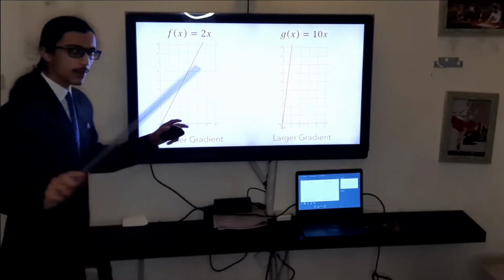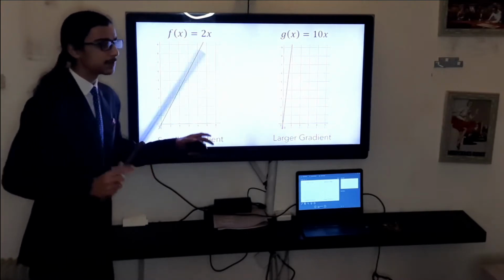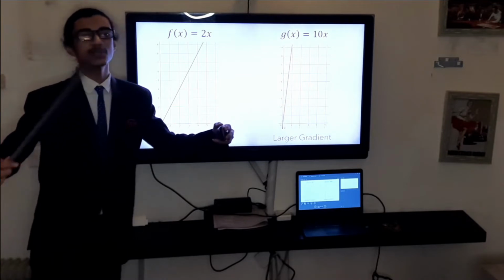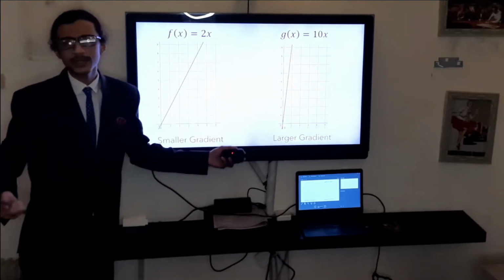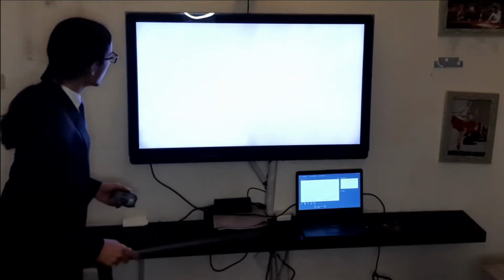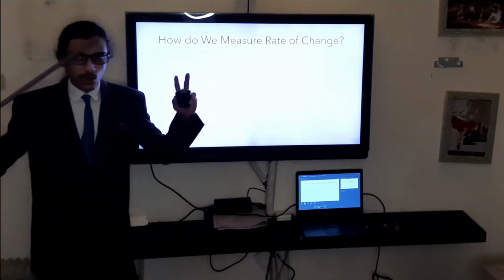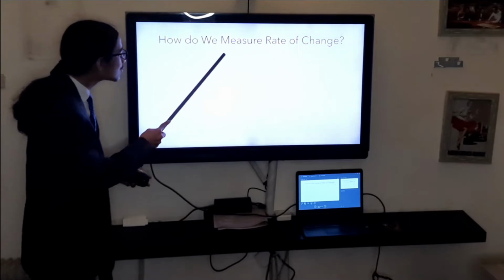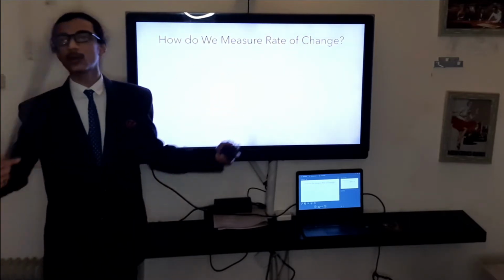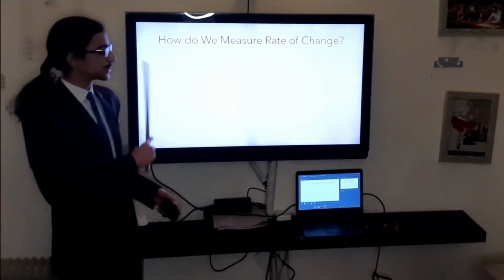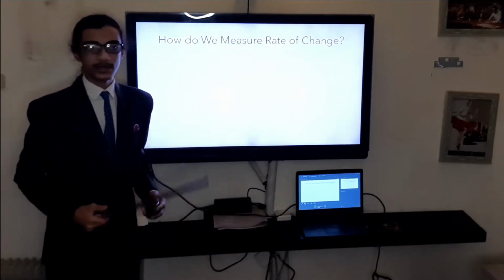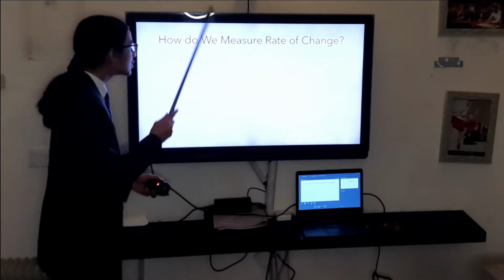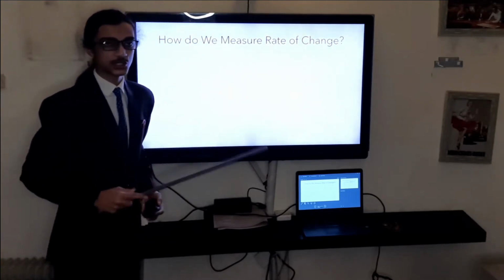So the reason I was going through this example was to get an understanding of what rate of change might be. It's the rate at which the function is changing. In this case, growing, but it could be decreasing, we don't know. So now we've got this idea of rate of change. It's a measure of how fast the function changes, but how can we actually measure it, right? Sure, I've been talking in the air that this one's growing faster than this, sort of qualitatively reasoning about it, but how can I quantitatively come up with a method of measuring the rate of change, how fast the function